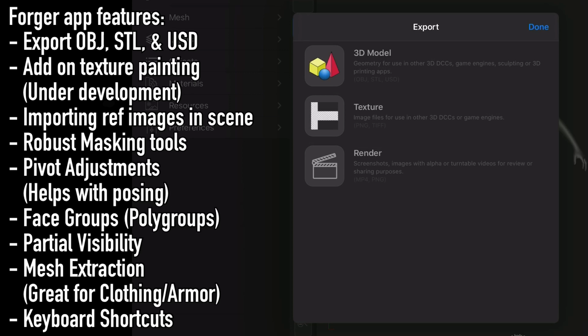So you can directly sculpt, remesh and solidify your mesh for 3D printing, and then export directly from Forger to your slicing software, as I should